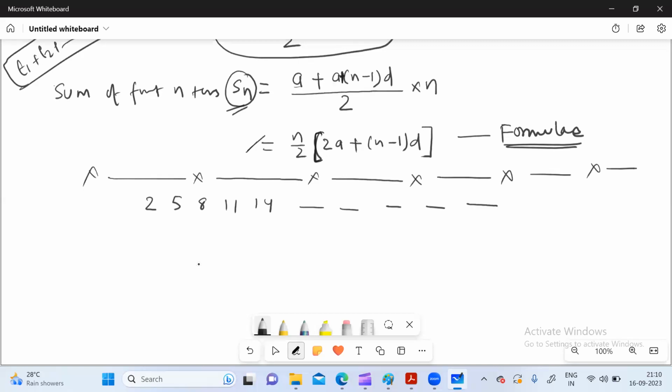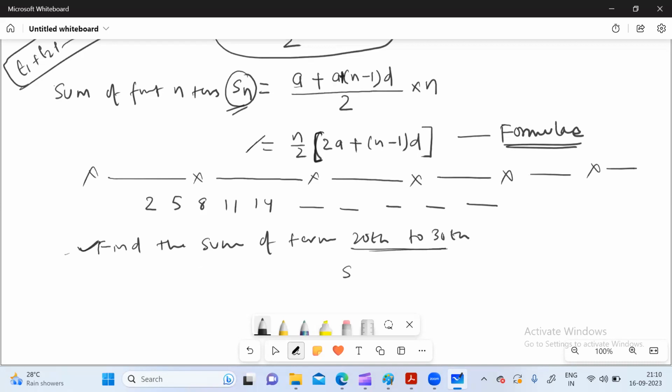And all of a sudden, somebody asked you, find the sum of terms 20th to 30th. Find the sum. So if we try to use the formula here, what you'll be thinking, let's find the sum for